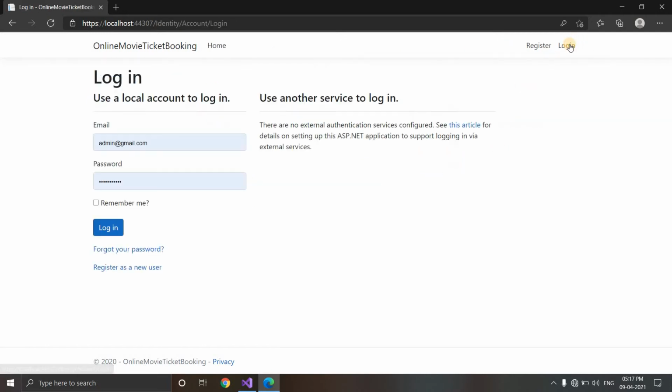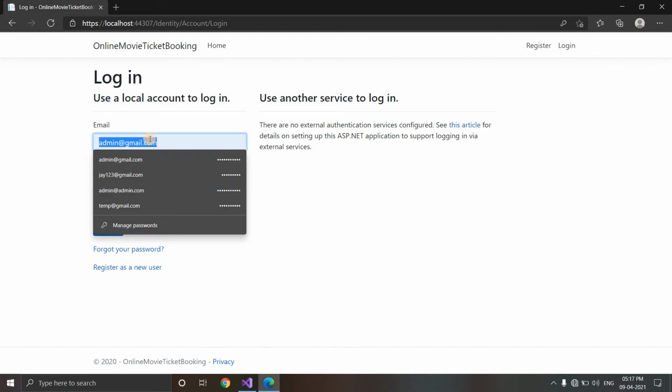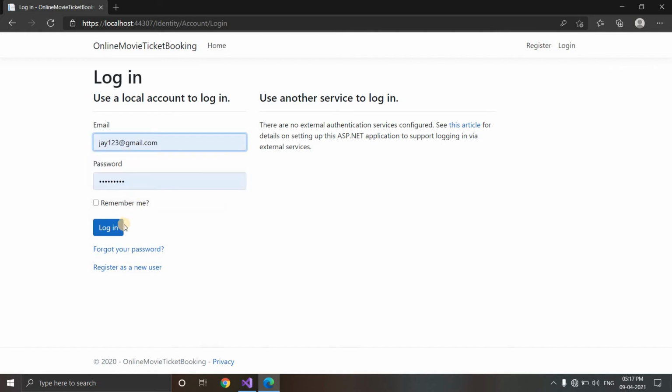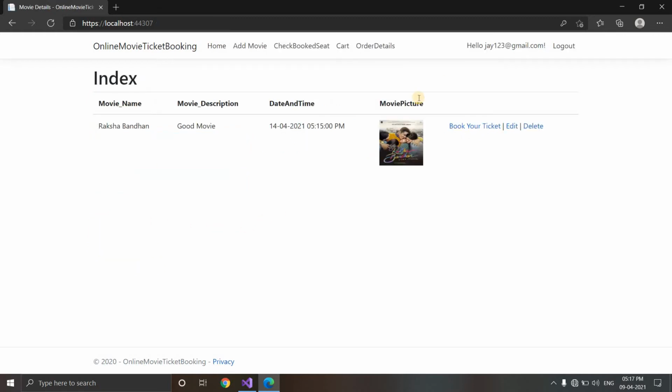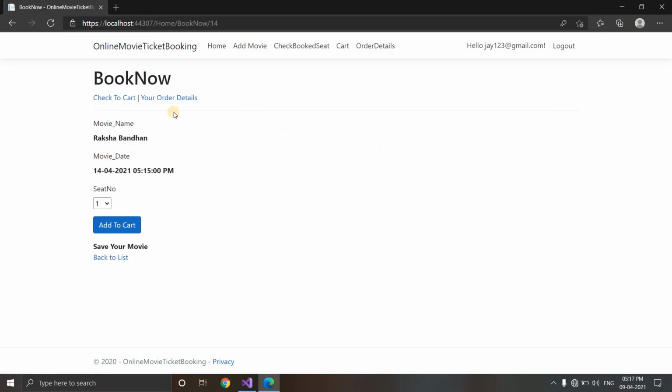Let us now log in with a normal user. Here I am logged in with j123@gmail.com. If the logged in user wants to book a movie ticket, then by clicking book your movie ticket, the user is redirected to booking details.